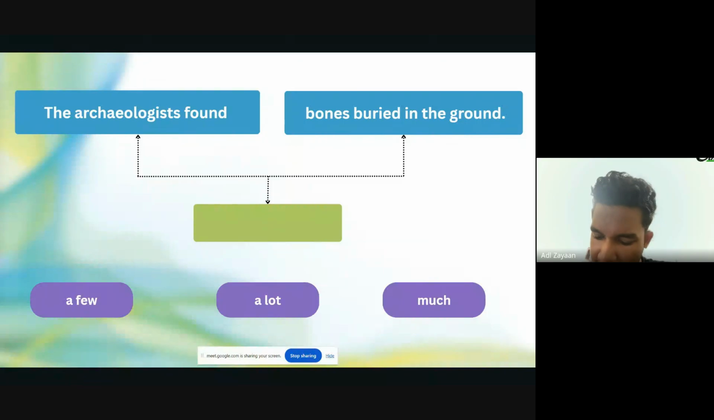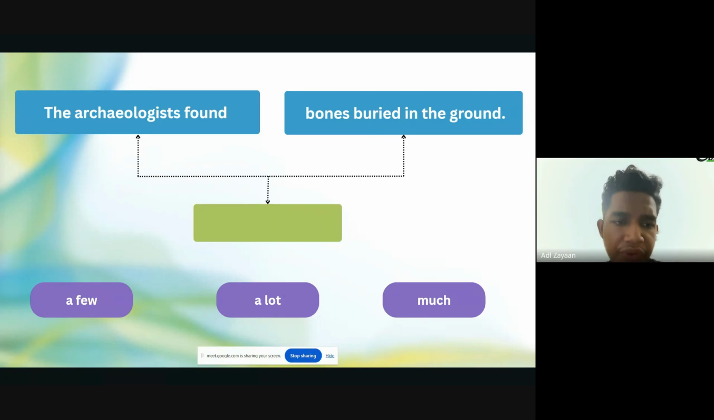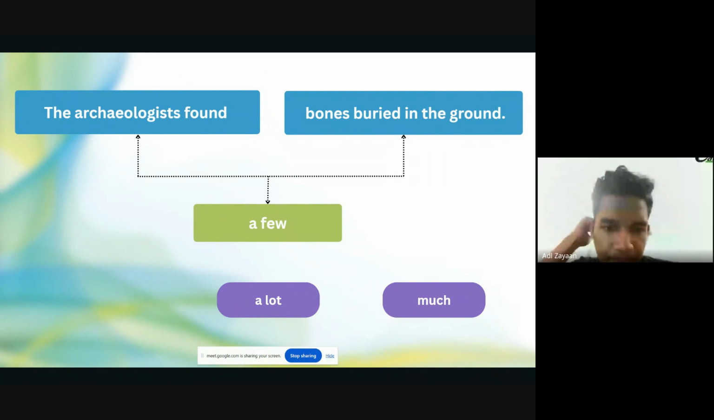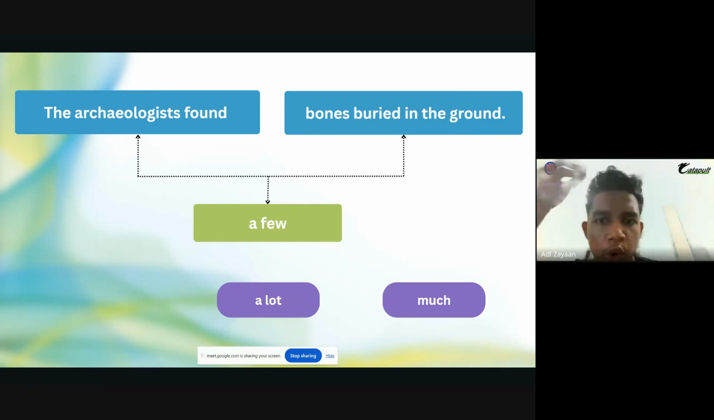Which one will be the right answer? A few, a lot, much. A few is correct because archaeologists can only find some of the bones buried in the ground, right? They can't find many things. So a few is the correct answer. Archaeologists are the people who